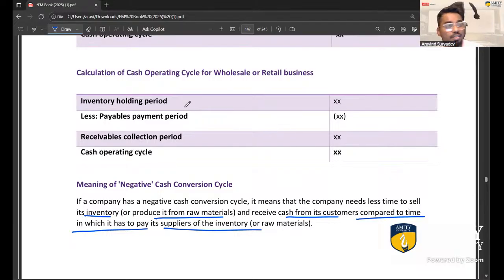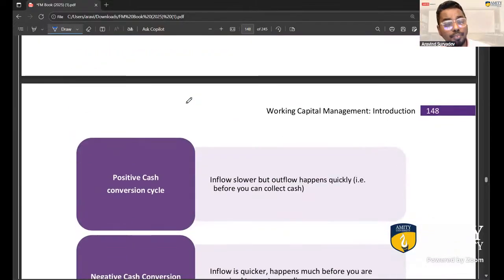See, this is reminiscent of what happens in a supermarket, guys. When I go to a supermarket and buy things, or when you do that, you're not going to pay them on credit, right? You have to pay then and there, which means supermarkets don't have a receivable period because they're retail sales. But they do get a payable period from their suppliers, credit from their suppliers. This way, the working capital cycle can be negative. It doesn't always have to be, but it can be, which means you're receiving cash from selling inventory faster than, or before, you have to pay for the inventory. I hope that makes sense, guys.